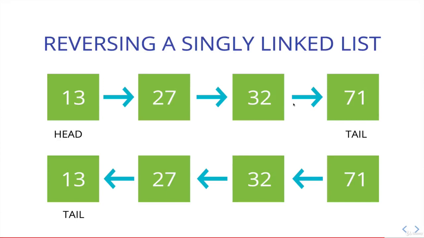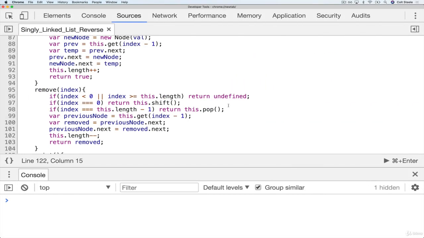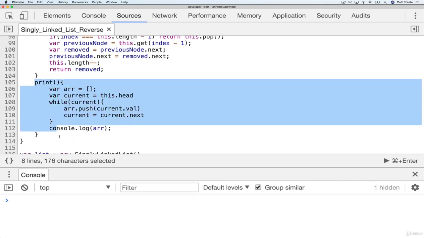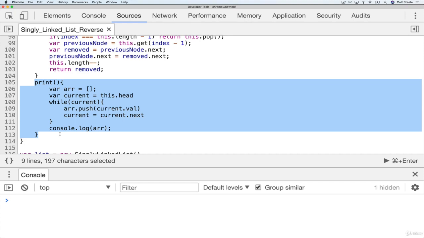All right, so let's implement reverse on our singly linked list. The first thing I want to show you, just to make this a little easier, I added a method called print. This was not something you were expected to do, or I didn't even mention it until now, but it's just going to make it easier for us to see that our reverse worked,